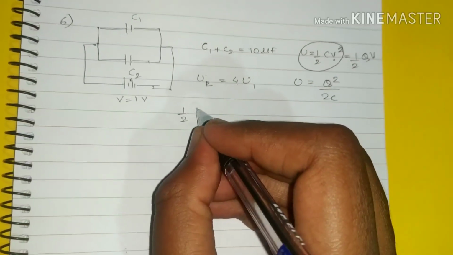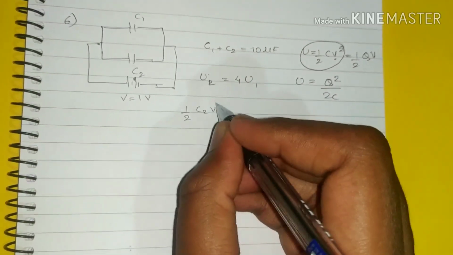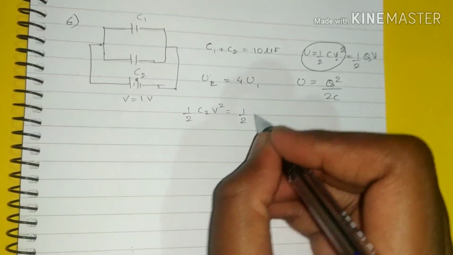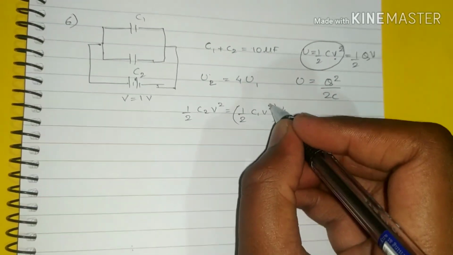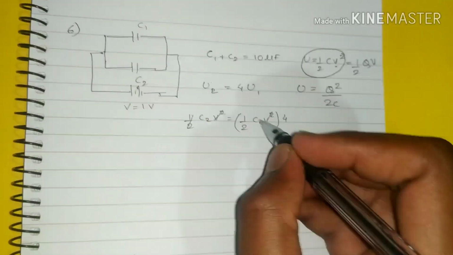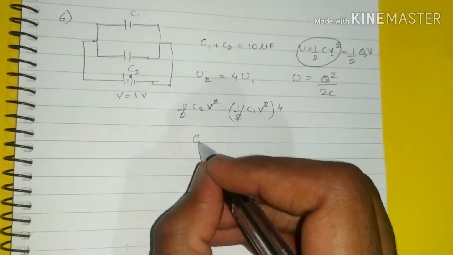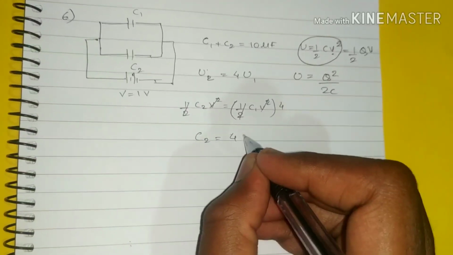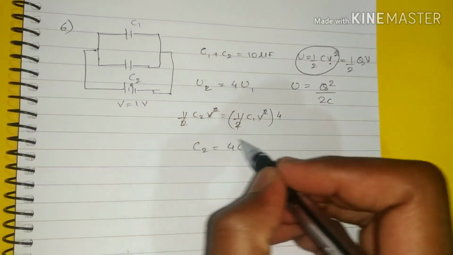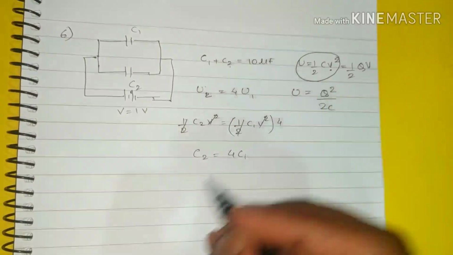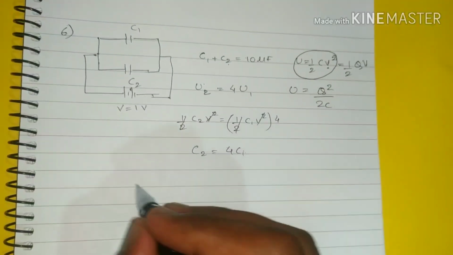Here I'll write half C2 V square is equal to half C1 V square multiplied by 4. V square gets cancelled, half gets cancelled. This will give me C2 is equal to 4 times C1. Now since we have this relation, you substitute C2 is equal to 4 times C1 over here. After substituting it, I'll be getting